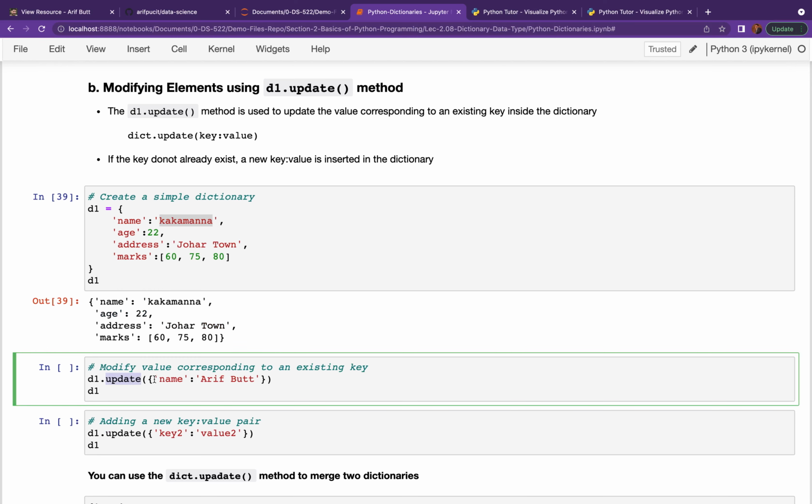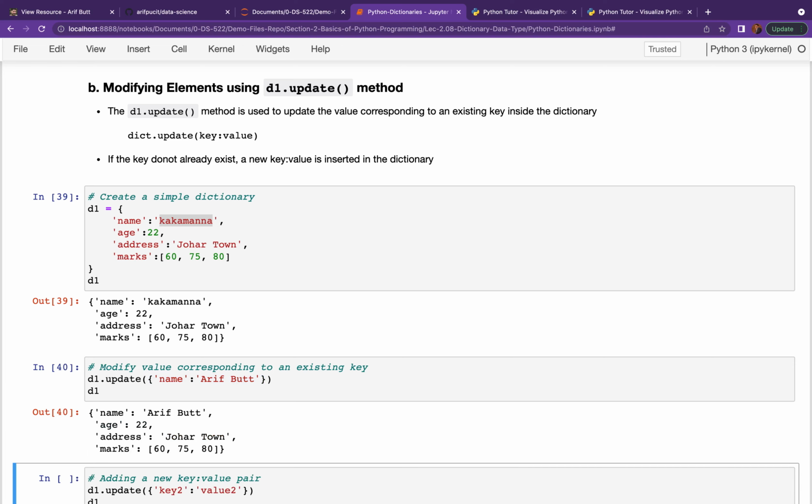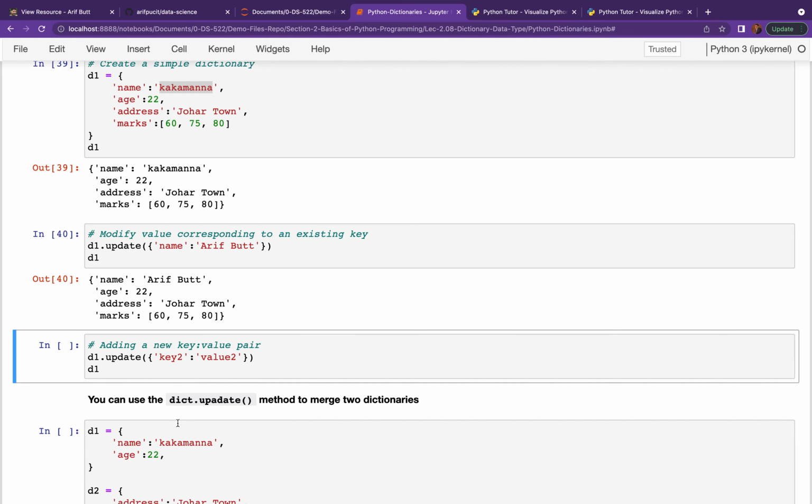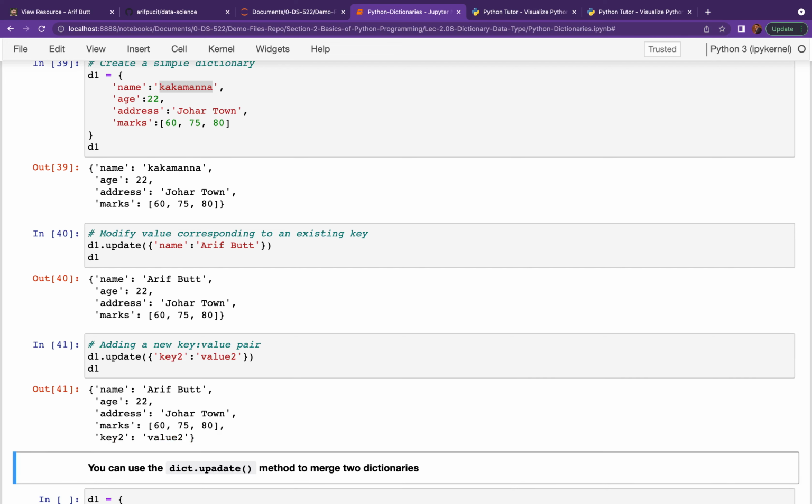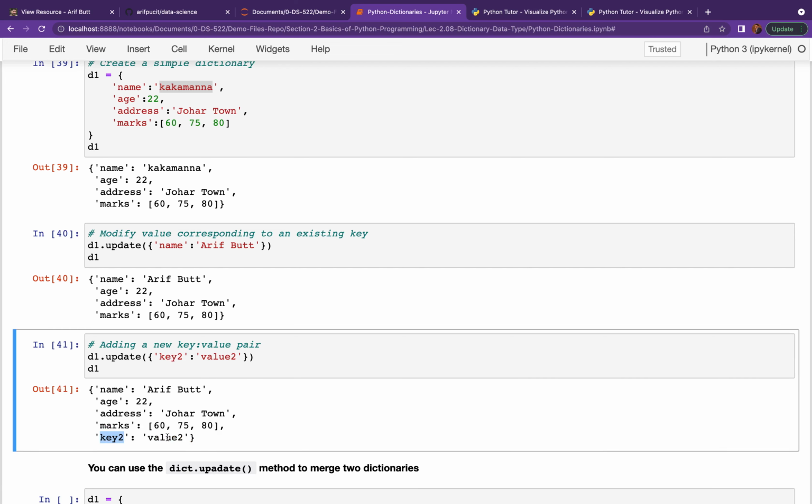I have passed a key value pair. I am changing the name to RF Bhatt and it is changed. And of course, as previously, if the key doesn't exist, a new key value pair is added to the dictionary. So over here we have just added one key value pair using the update method.